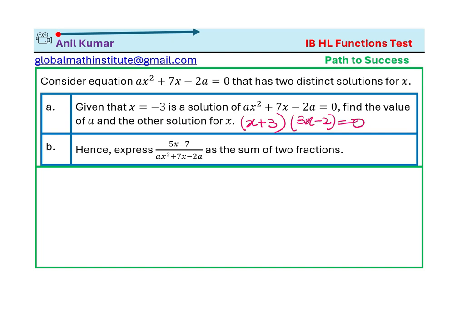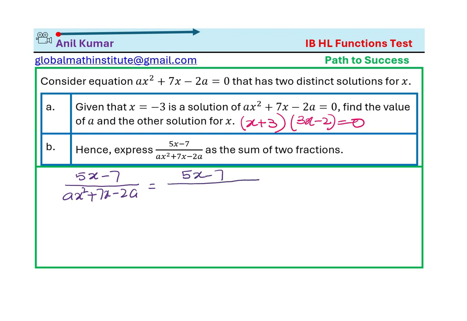Correct. Now let's look into the second part, which is we are given 5x minus 7 over ax squared plus 7x minus 2a. However, we found what the denominator is. It is 5x minus 7 over